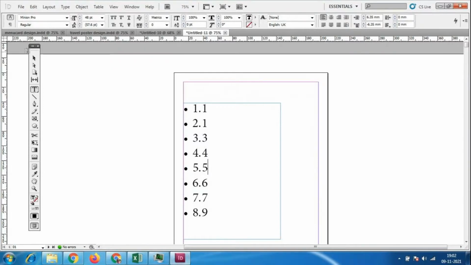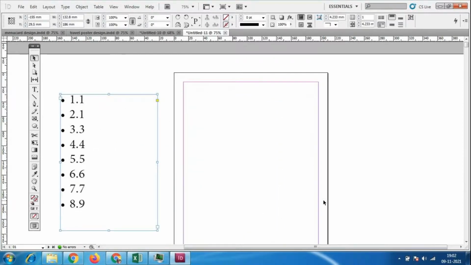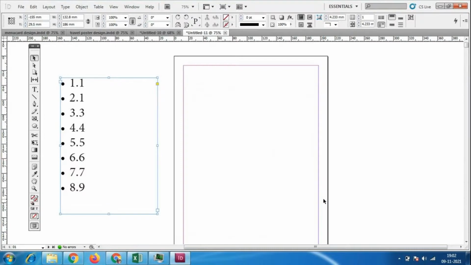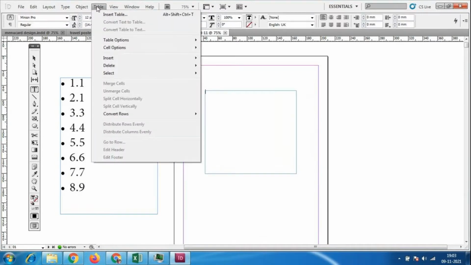Okay, we don't have many options because in the designing software we are not using many numbers and bullet options. Any time we have to place a price, or any list, any course material list we have to make, otherwise like education pamphlet designs, while we are making, we have this many courses. So everything while we are making some designs, at that time we have to use the bullets and numberings. Okay, so I'll go to this option. So we have the final options, we have the table options. So I'll come back to this table option also.